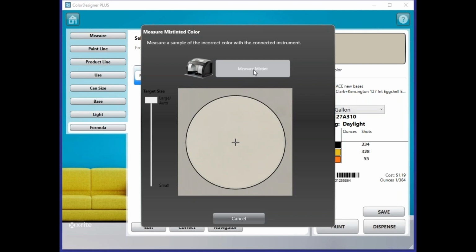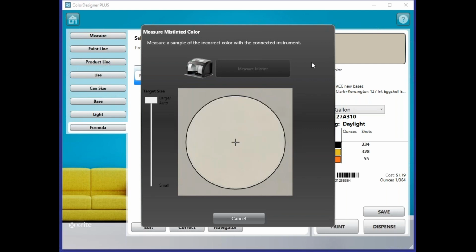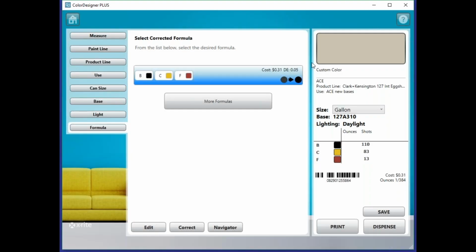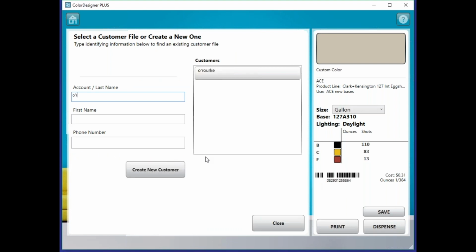You can then do the large aperture and you measure mist tint. This is now saying, okay, I know what you wanted to do, but here's what happened. And so if I'm in the formulation screen like this, I can simply click on measure mist tint, and it tells me what you need to add to fix that color. And so in this case, my sample was lighter, okay? And so what do I need to do? Well, you just need to add a little bit more of the same colorants that were used to get where you need to be. So now if I go to save, and I save this under the customer's name,